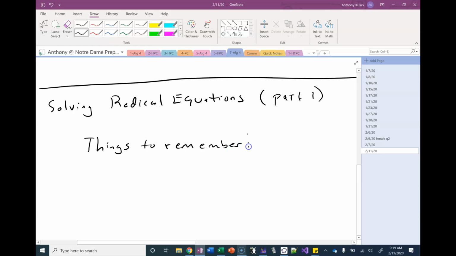So some things to remember, some important facts that are going to be of particular use to us when we're solving. So I have 2 of them. The first one is